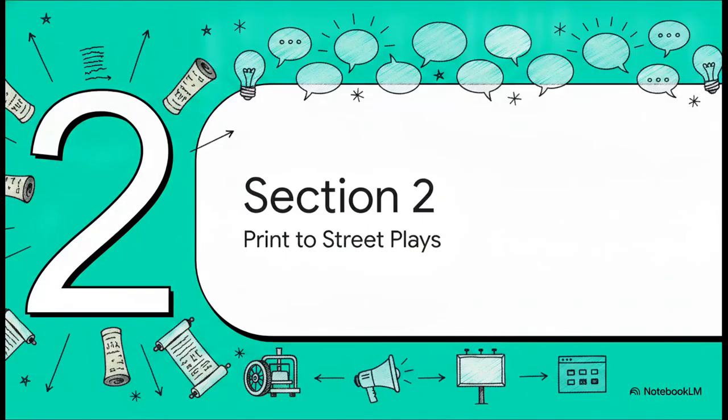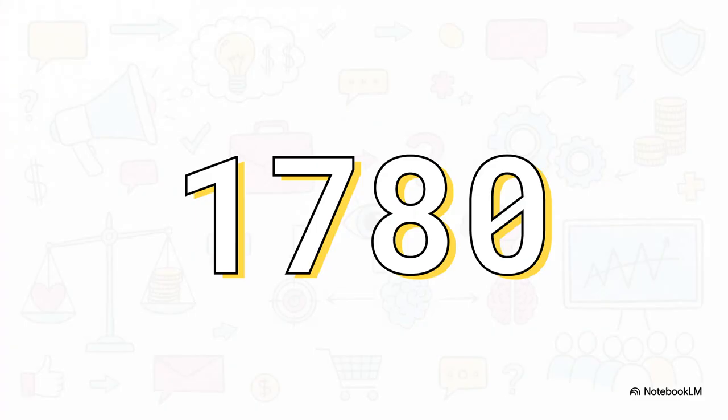Moving right along to Section 2, from print to street plays. Now, you might be thinking, advertising is just this modern internet age phenomenon? No way. It actually has a massive, fascinating history. Just take the year 1780, for example. The very first newspaper advertisements in India appeared in the Bengal Gazette that year. We're talking about the very first English-language newspaper in the country, where local businesses were already figuring out how to capture public attention, pitching things like local hair oil centuries before the very first digital pop-up ad was even a